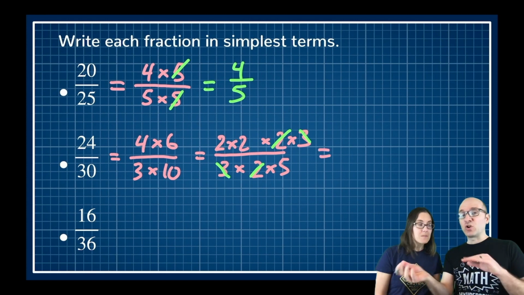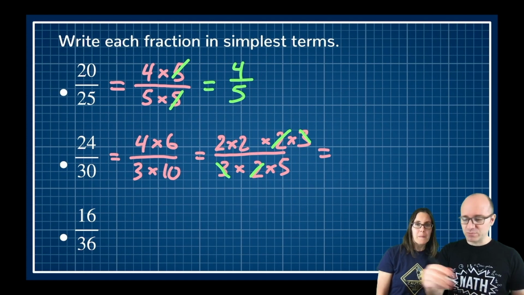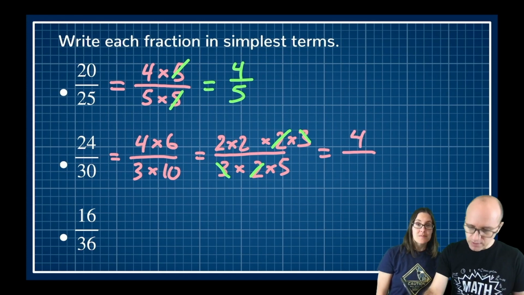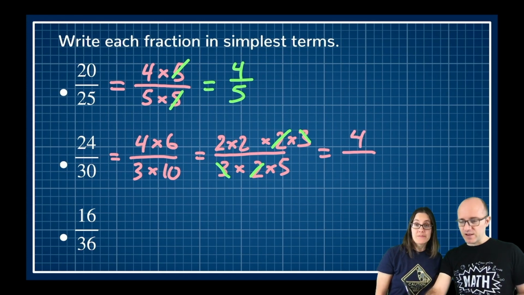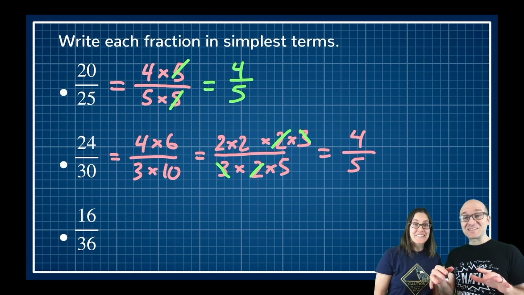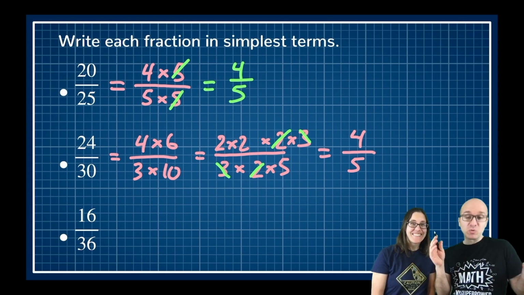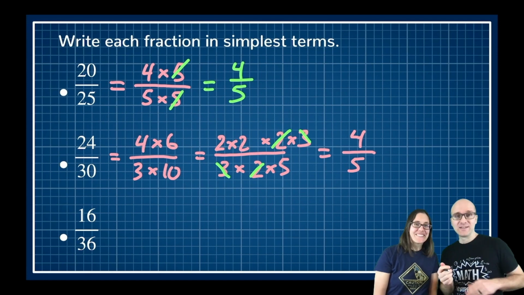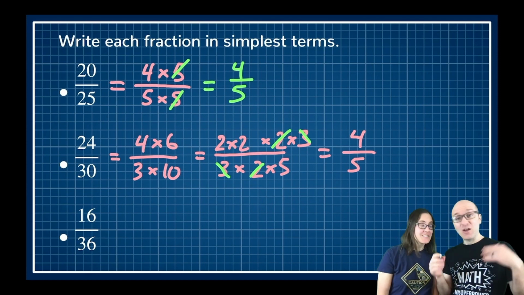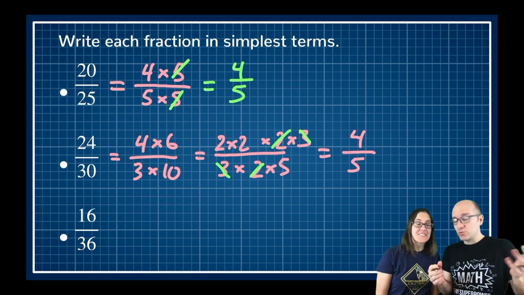So essentially we were gluing them back together, those pizza slices, but on top, now, what's left? 2 times 2? 4. 4, and on bottom? 5. So 5. It's the same fraction. 4/5. Oh, it is the same as the previous answer. That was coincidence, but kind of cool. So those are 20 over 25 and 24 over 30 are equivalent fractions as well.